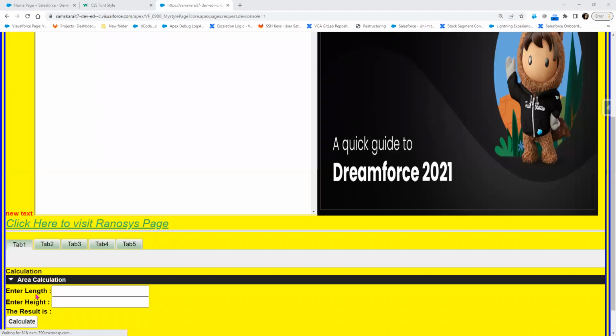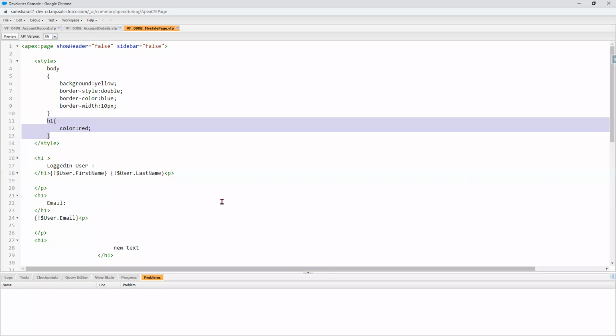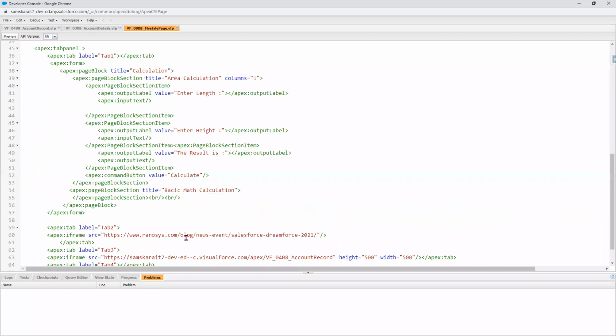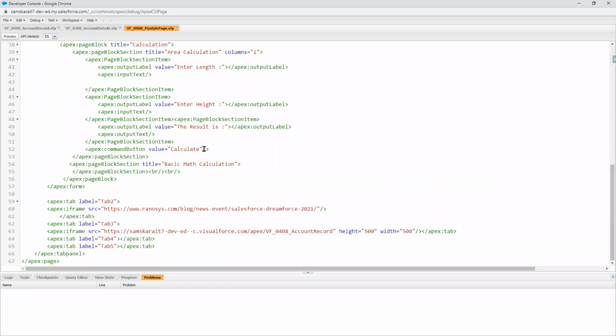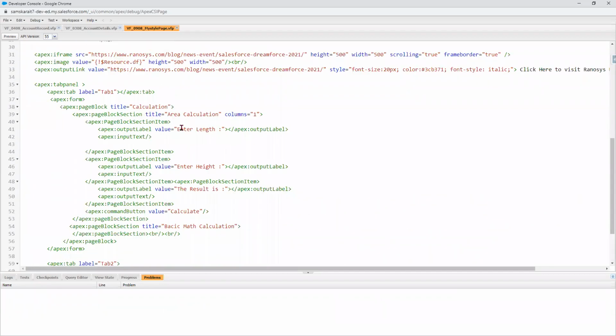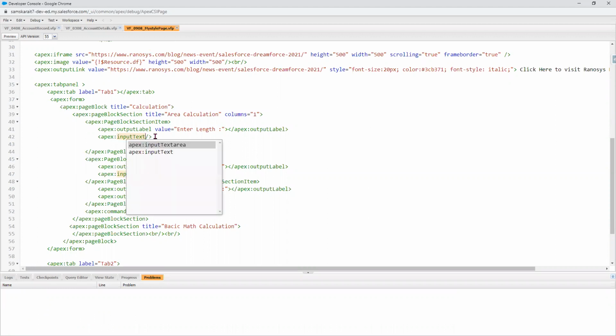Now I wanted to apply some color to the input text. How do I apply it? Whoever is using the input text, all of them, I want some color. That means this input text and this input text should be in the same color. So what I can do is use